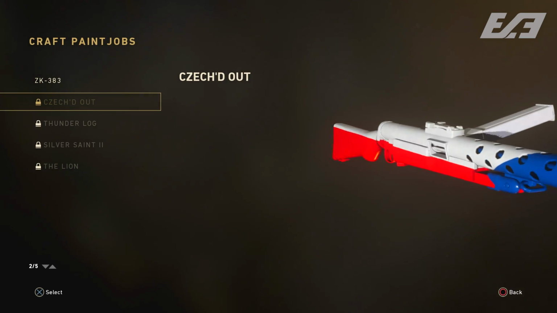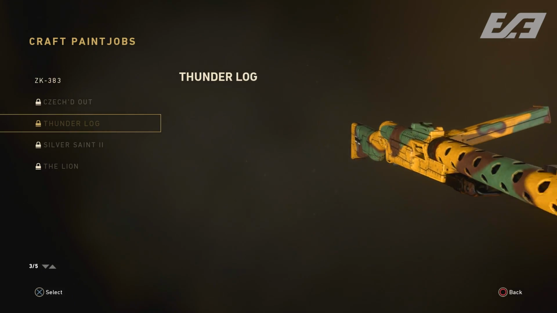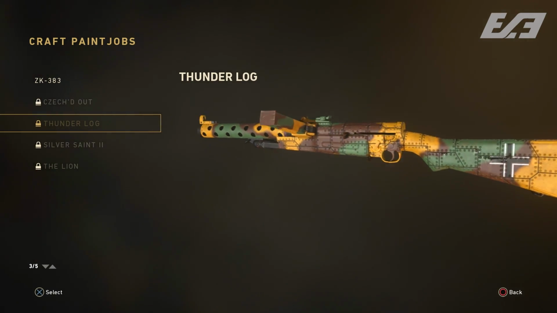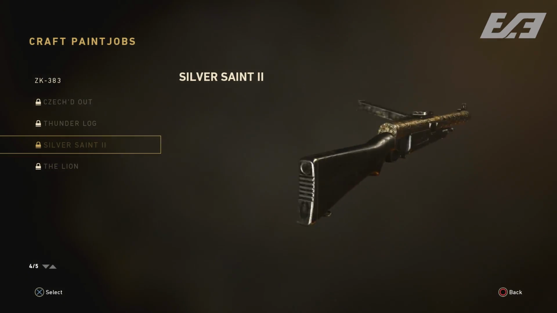But we see one that is my favorite called the Checked Out. We see one called the Thunder Log. Then we see the Heroic Silver Saint 2. And then of course we also see the Lion. So by going either into the paint jobs or into zombies, you can see 3 that are right now hidden from public view in multiplayer. So definitely intriguing to see when these will come out, but of course they will probably come out relatively soon,